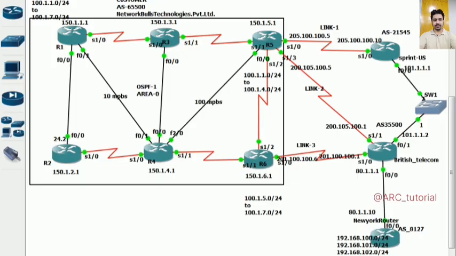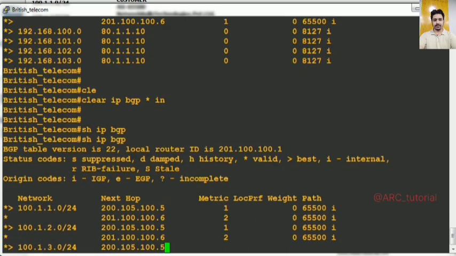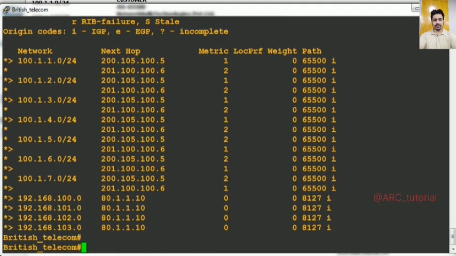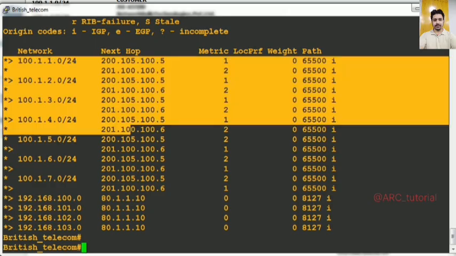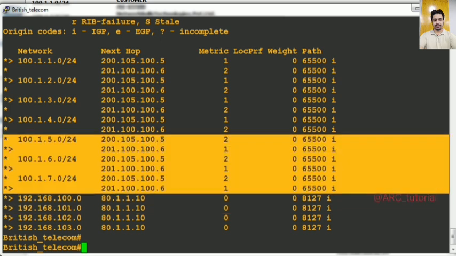So now I have not done anything at the end of BT, but still you will see that BT has modified its path selection now. Check it out. And now see, it is not showing you worst metric. Yeah, because that command that we configured on BT, it will configure its metric as worst metric if it is not receiving any value along with BGP updates. But this time you can see that for first 4 prefixes, its best path is via R5. For last 3 prefixes, its best path is via